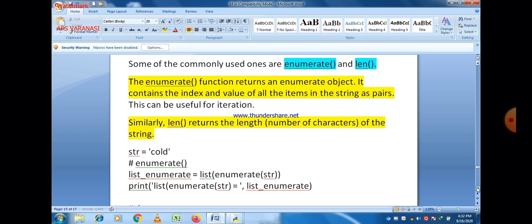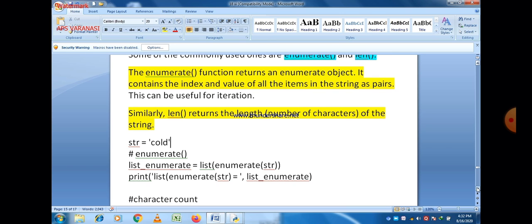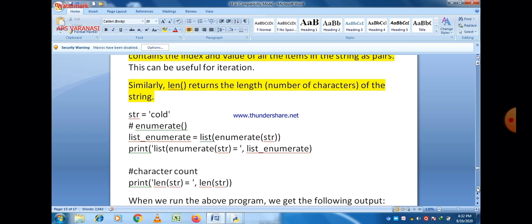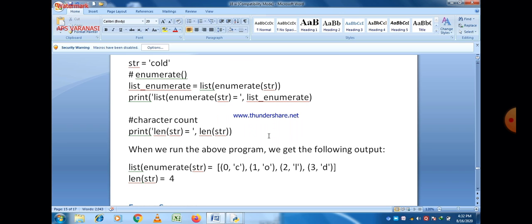So let us take an example to understand the concept. Let us take a string str is equal to cold here, and if we want to use the enumerate function, then we take a variable list_enumerate is equal to list, and we just give the function enumerate here. So list enumerate str, and after that a print statement is here.